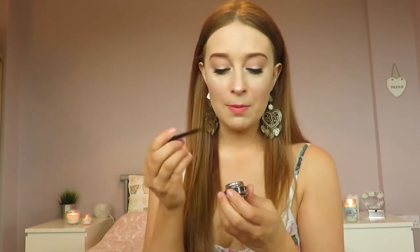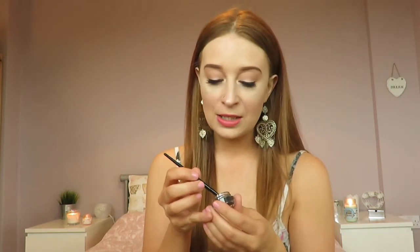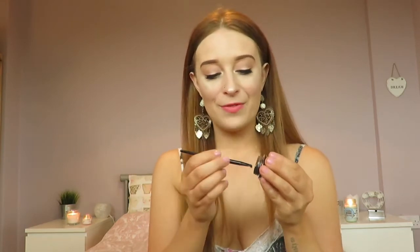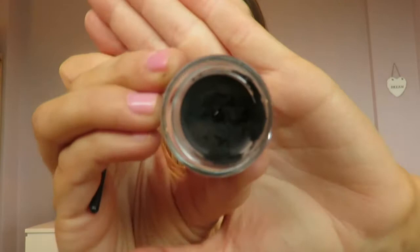Then when I actually opened up the product and dipped the brush in, I'm comparing this to the Maybelline one because I love it so much and I've been using it for so long. It is super, super hard. The product is not soft at all. When you dip the brush into it, you really have to squash it in there. Then you end up getting a brush full of product. So I'm then scraping it off all around the inside of the packaging, and as you can see, it just